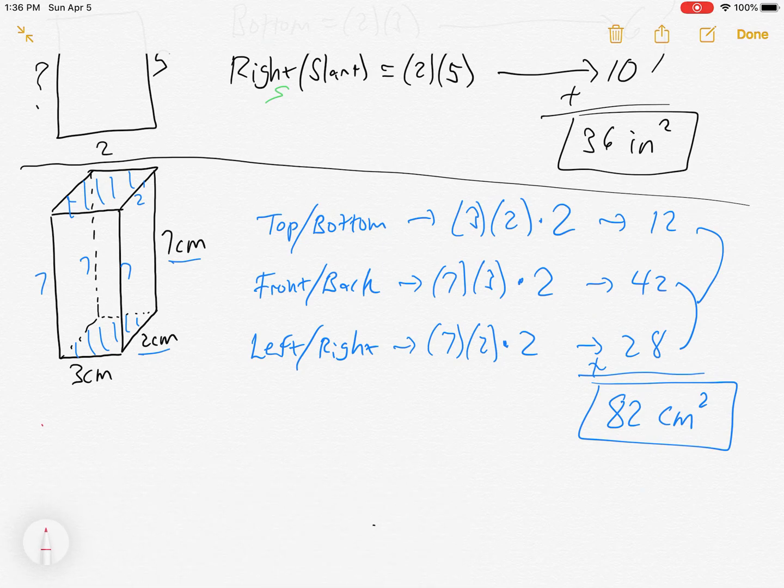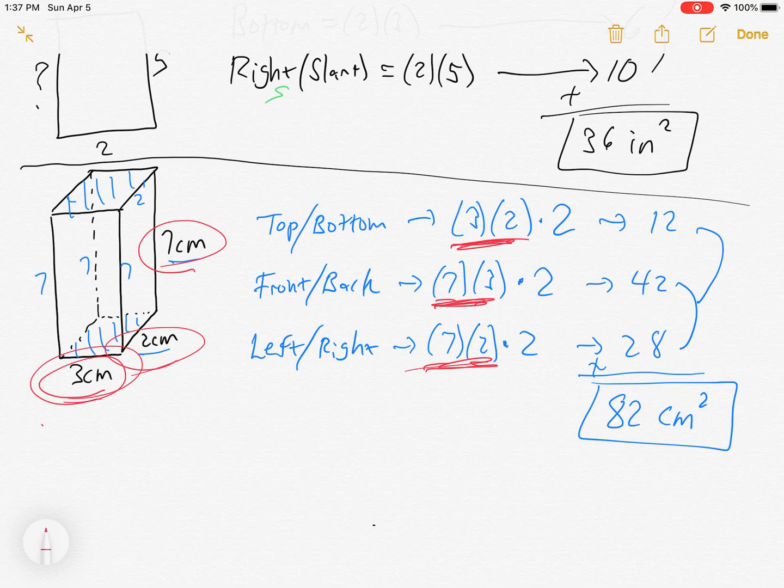One interesting thing about this problem, with the rectangular prism, you don't have to really visualize it. Here's a little trick. Every number, look at the unique units, 7, 3, and 2. Every number gets to be used twice, right? The 3 used there and there. The 7 used there and there. The 2 used there and there. Every multiplication is different. It's kind of like 3 people meet in the hallway and they all shake hands. Then there are 3 handshakes. So there's the 3 and the 2 shaking hands, the 7 and the 3 shaking hands, and the 7 and